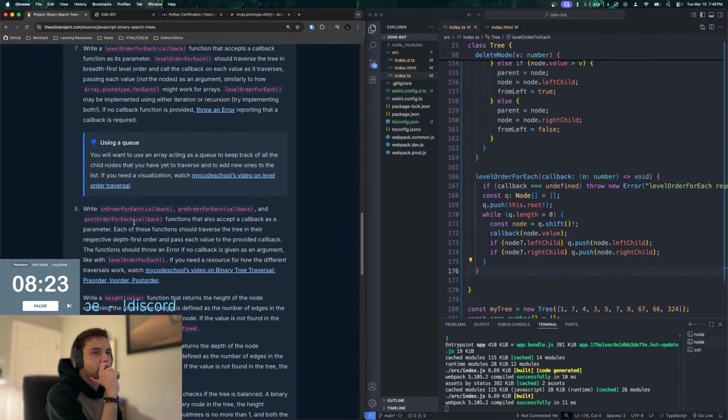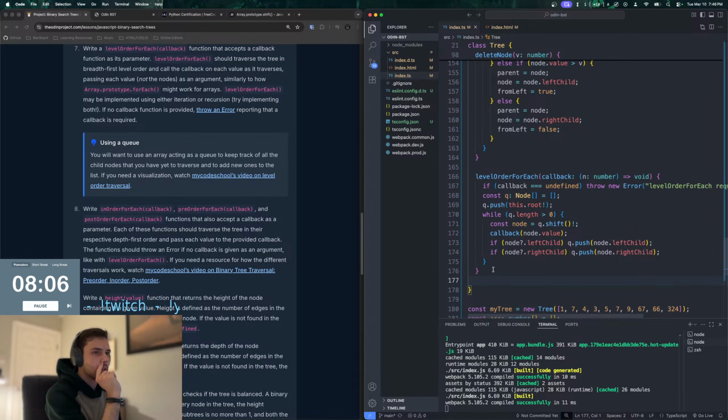In order, pre-order, and post-order. So I think these all also accept the callback. Each of these functions should traverse the tree in their respective depth first order and pass each value to the provided callback. The function should throw an error if no callback is given. Okay, so then we'll just try and do this